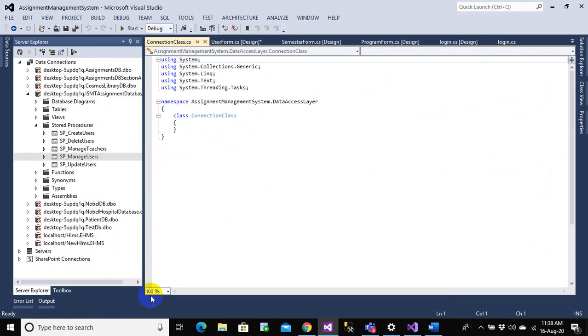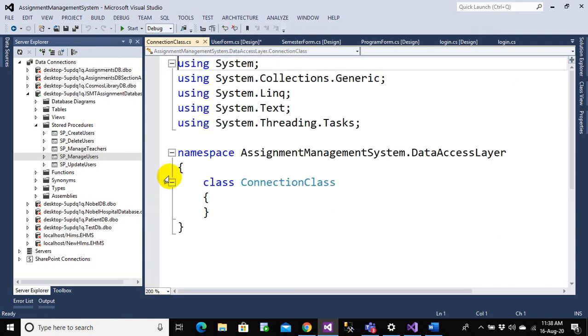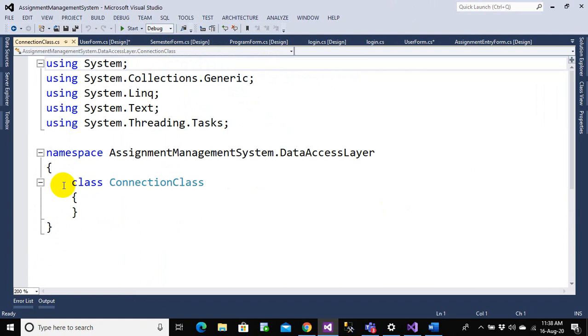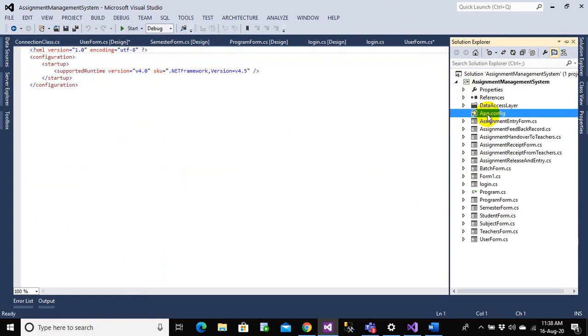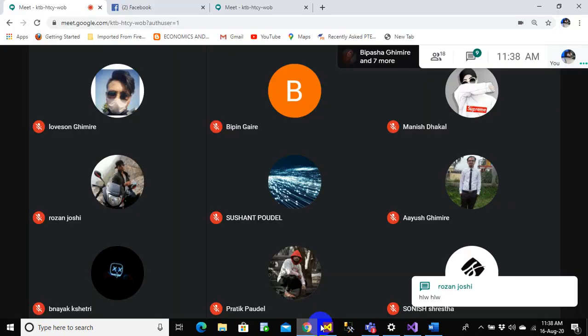And you might have to remember this. Why am I doing this? Because I want to hard code my connection string into this class. But before I hard code my connection string into this class, I need to call my connection string inside an app.config file. So you can see there is a file called app.config. If you do not have an app.config file,